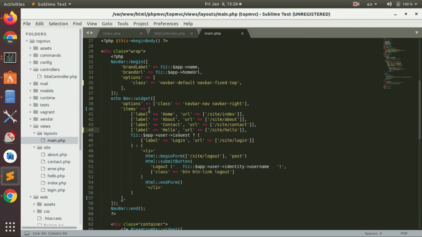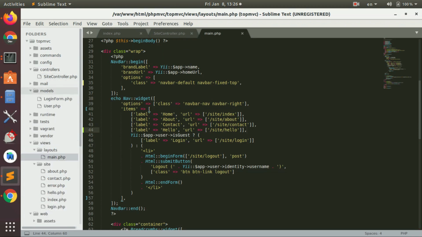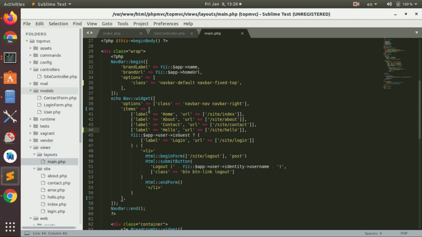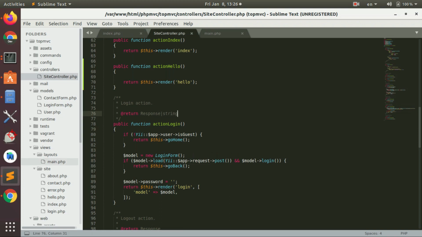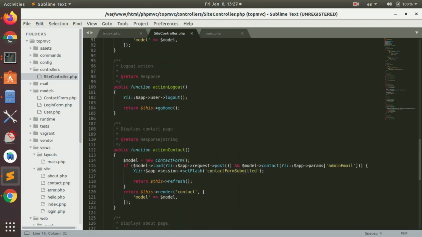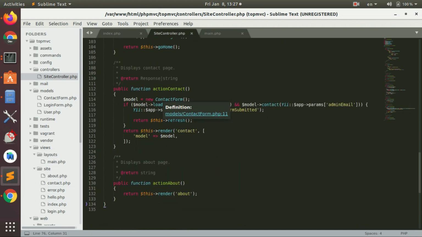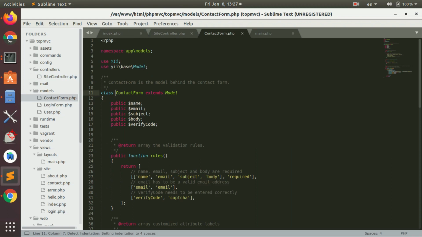Okay, so one sec. All right, so the controller, as you can see, our model, we don't have a model at the moment, but if you want to create a live, interactive or large project, you have to create a model, which is already created as a user. The site controller is rendering this view, and at the same time it's also instantiating from the contact form. So where is this contact form? Contact form is inside the model. If you open this model, this is a contact form,